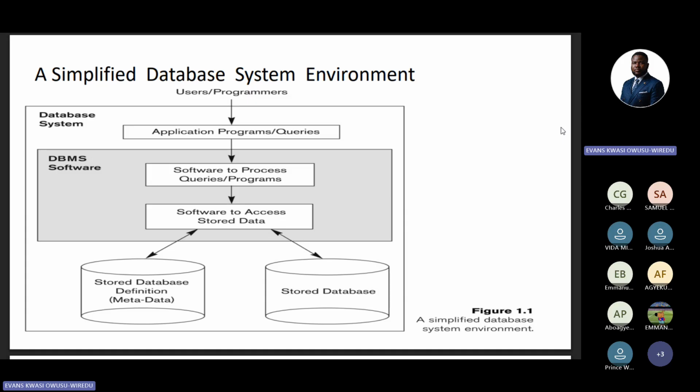So if you look at the white space, anything in the white space, inside the bigger box, the biggest box, anything in that space is the database system. But the main thing is the DBMS software. When we say the DBMS software, notice we didn't say DBMS system. When we are talking about the software itself, it has to do with the software, the program, the package of it, the setup.